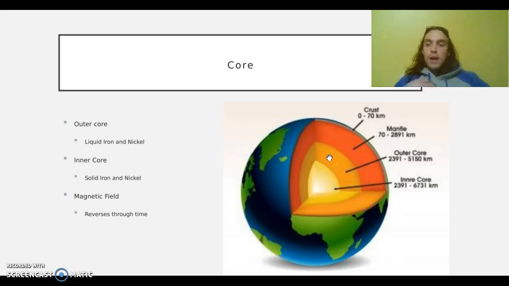When you think about magnets, you think about metals like iron and nickel. They are really good magnetizing metals, and that's just due to their chemical structure. Since that outer core is very high in liquid iron and nickel, as it moves, it changes the Earth's magnetic field. So the magnetic field does reverse through time, and that's just with that movement of the outer core, like percentages